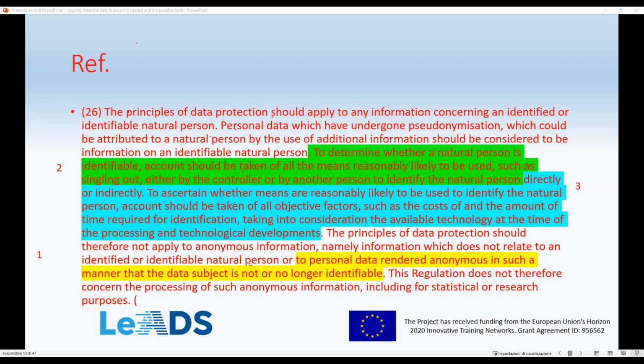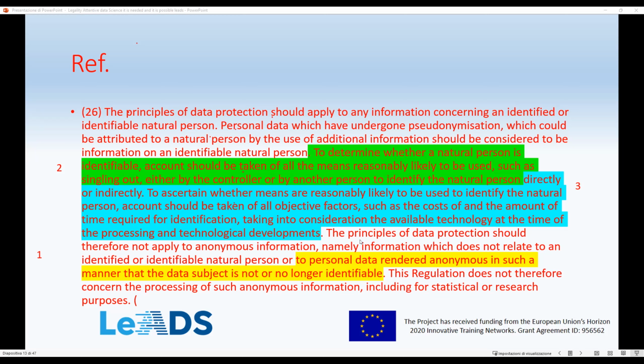Point number 3 in the picture. To ascertain whether means are reasonably likely to be used to identify the natural person, account should be taken of all objective factors. So what follows is just an exemplary list. But now, as I used to say to my daughter, whatever is facultative at school as homework means compulsory. That's at least you have to do that, okay? That's the same here. So the following one, it's not an exhaustive list, but gives a very clear